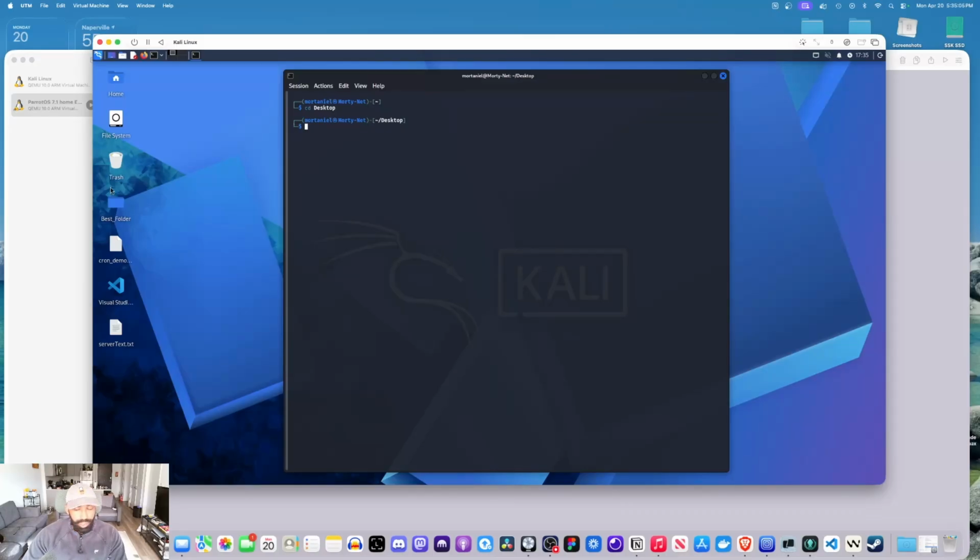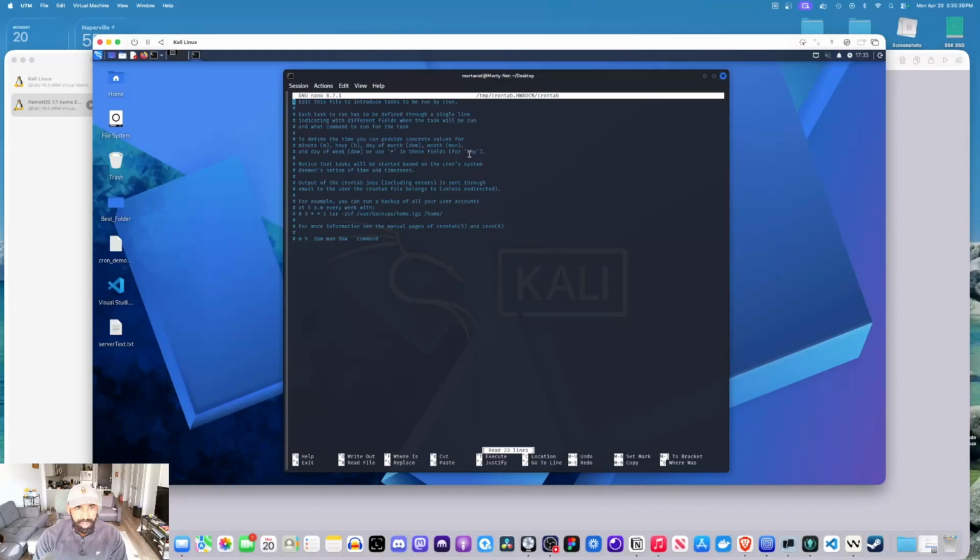And what we want to do is get cron running and make an update to the crontab file. Now what we can do to open that is use crontab -e for edit, and then we want to press enter. Now what that will do is open up our Nano text editor,